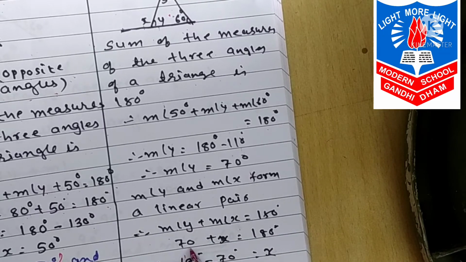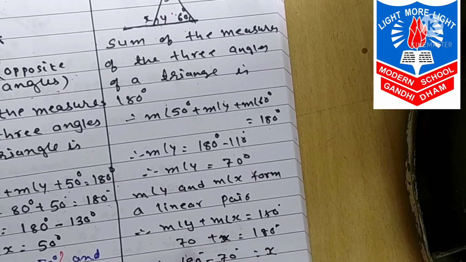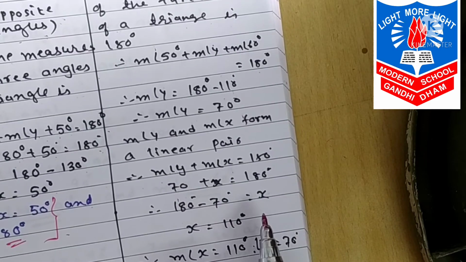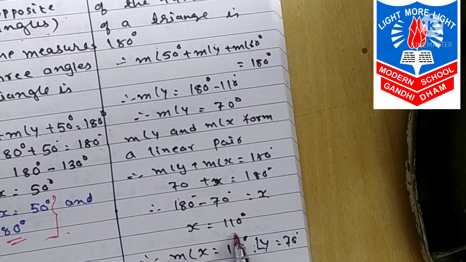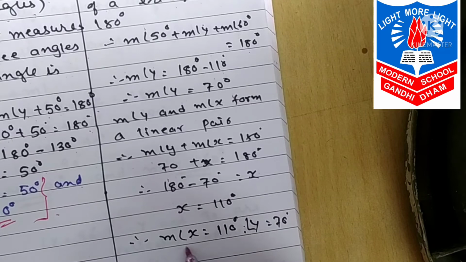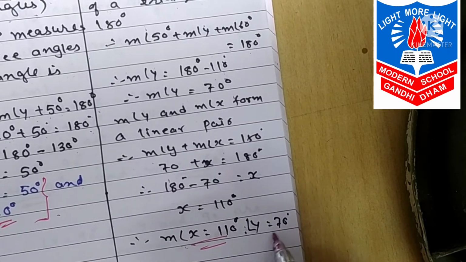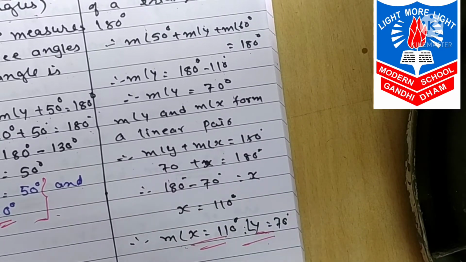So we write here 70 plus x is equal to 180. So 180 minus 70 is equal to x. Therefore x is equal to 110. So our final answer, measure angle x is equal to 110 and measure angle y is equal to...